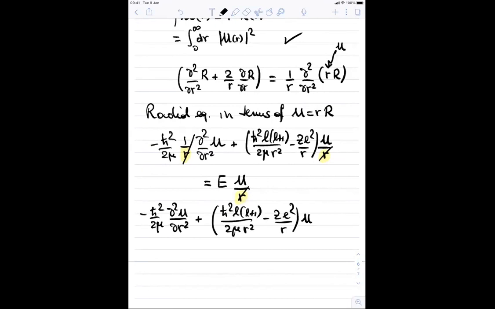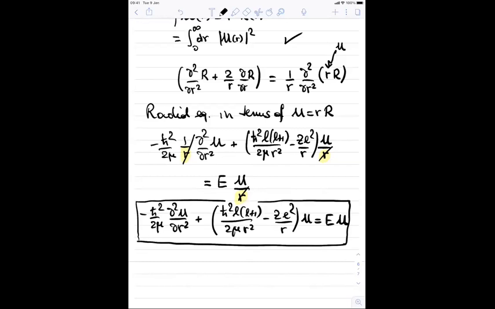Times the u equal to e times u. Now, this is the radial equation for u. It looks absolutely like a standard problem, a standard Schrödinger equation in